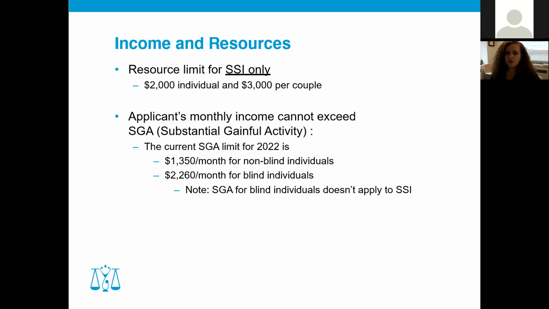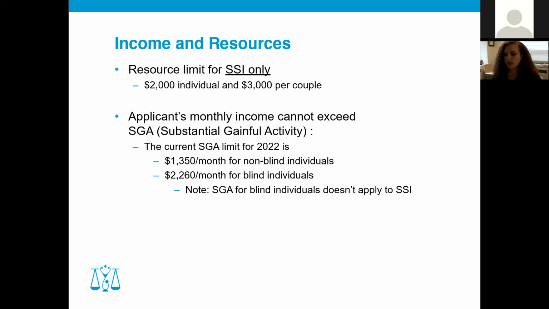Again, the income and resource issues are coming up mostly for SSI. There is a resource limit for SSI. It's $2,000 per individual person and $3,000 per couple. And the applicant's monthly income cannot exceed SGA. Now, SGA is substantial gainful activity, and that is basically what Social Security deems as a person making enough money to not need a benefit,